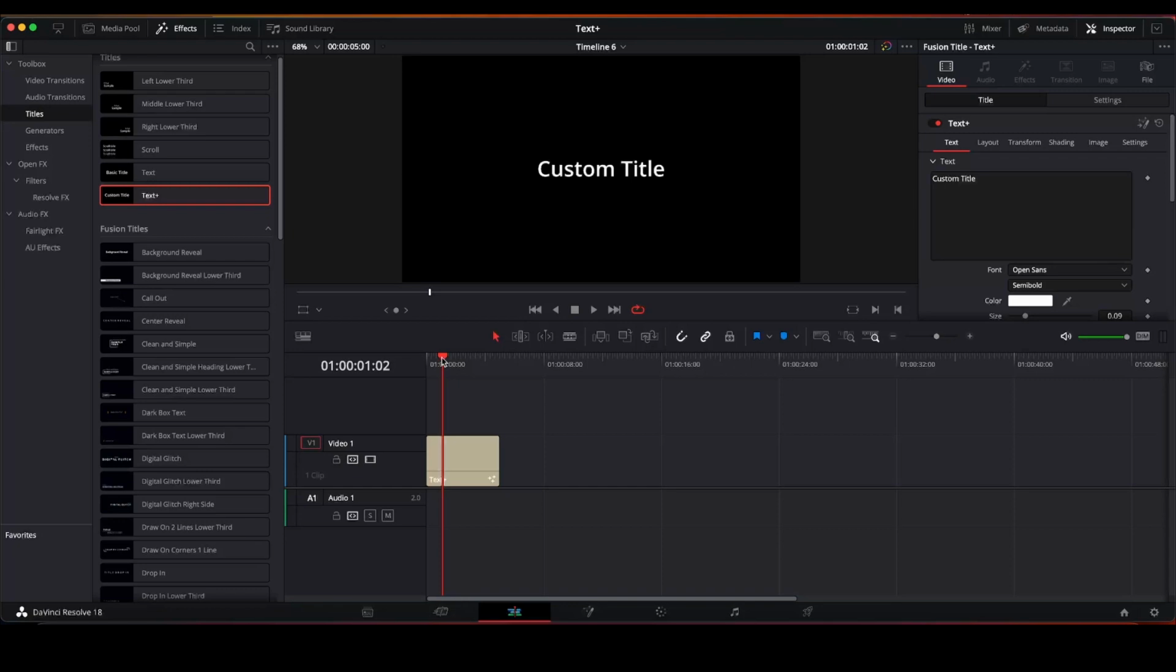So following on from last week's video about glowing text, I'll just put together a very quick one here on using Text Plus and Fusion, something else. As you can see here, I've got an empty timeline, just dragged on the Text Plus, left the custom title,